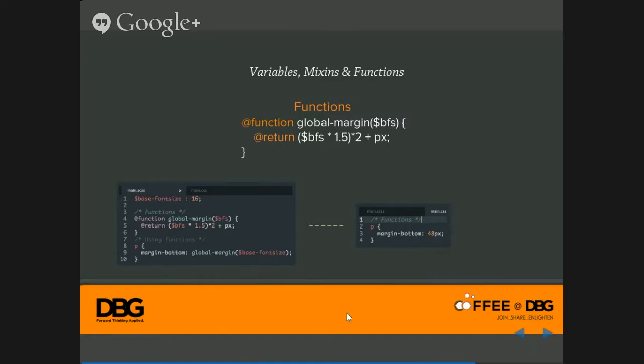Here inside the p element, I am using the same function name which we are using here. Then the base font, I am just storing it inside a variable for usable purpose, and the output will be something like this.